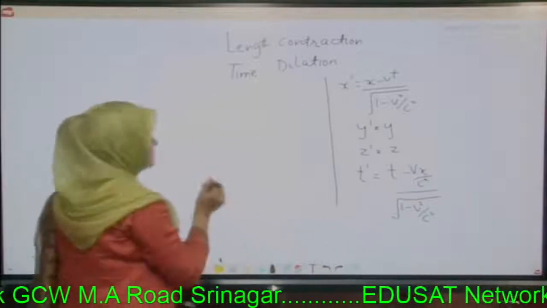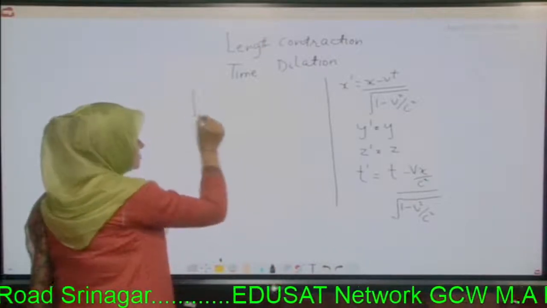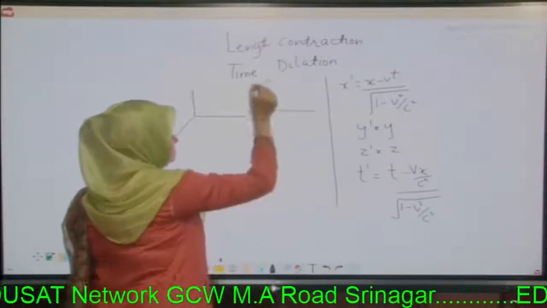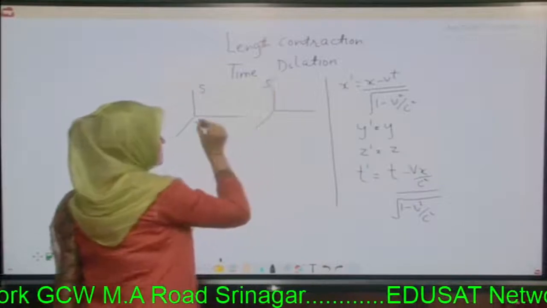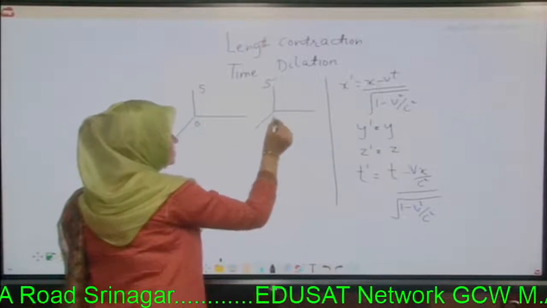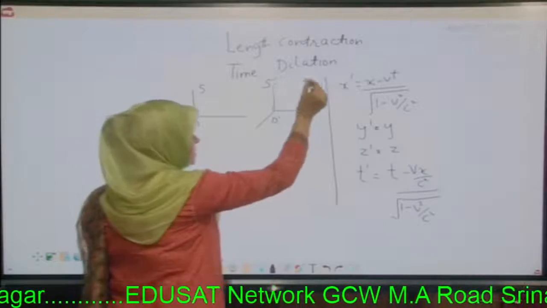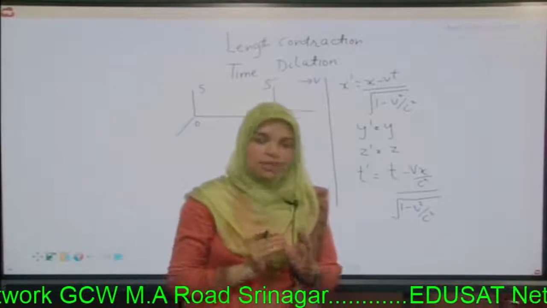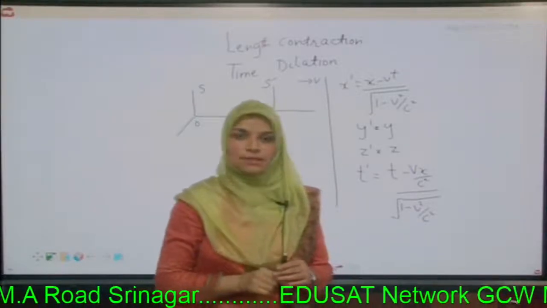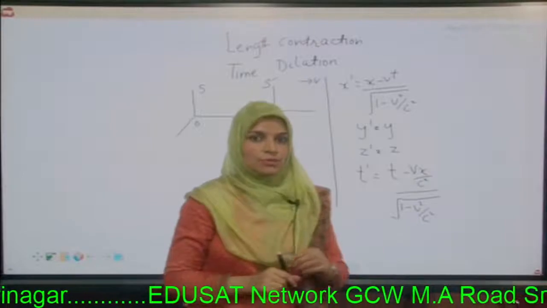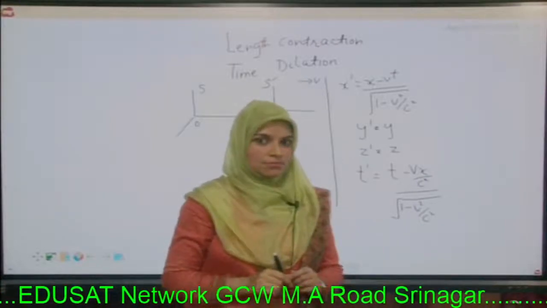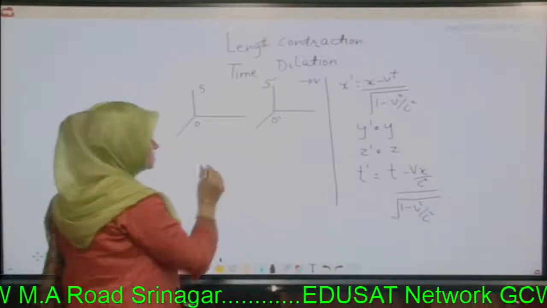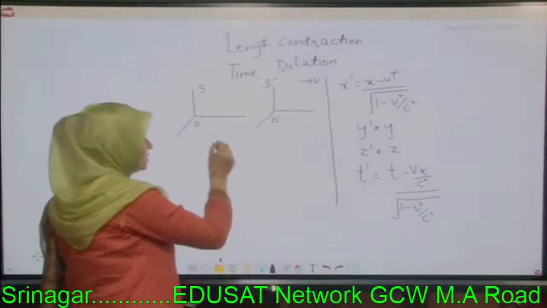First, length contraction. So again, let us choose two inertial frames, S and S prime. Observers are O and O prime. And remember, this S prime is moving with a constant velocity v with respect to this S. But before making you understand the phenomena of length contraction and time dilation, you need to understand the concepts of rest and motion in true terms. What do they mean? When we talk about rest and motion, they have to be talked about together